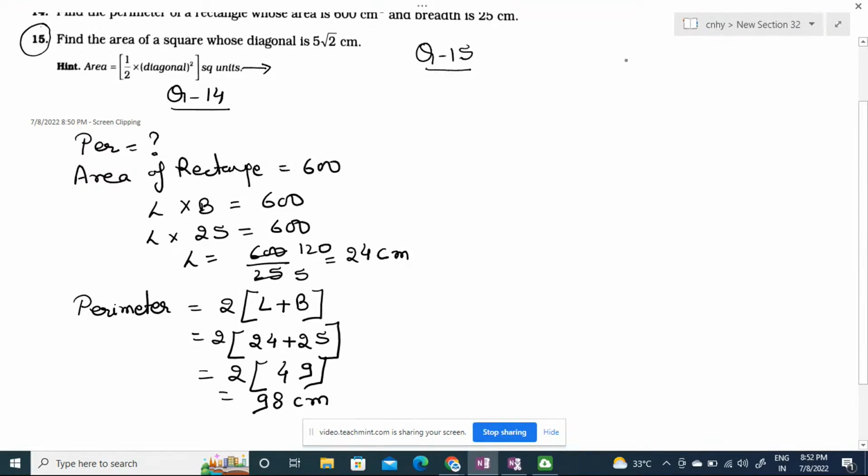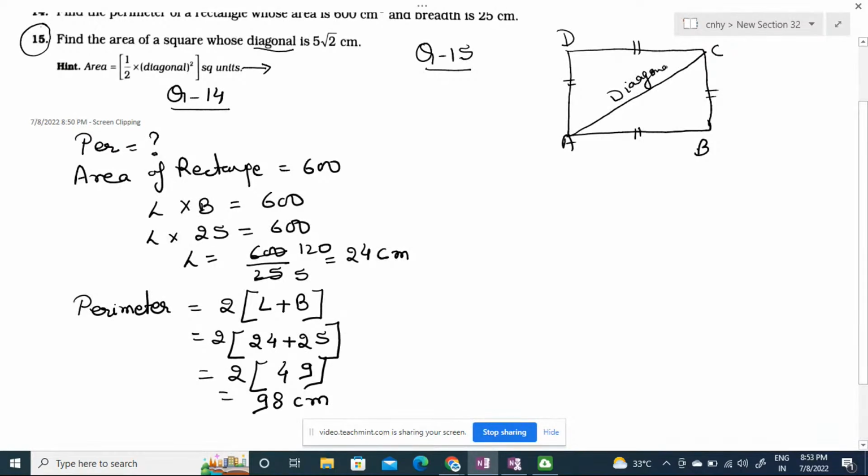Question number 15 has a new formula, which I haven't told you about. This is our square, and I'm going to tell you what the diagonal in the square is. For example, this is a square, and all the sides in the square are equal. We learned this in the coordinate class. When we join the opposite points, this line is termed as diagonal. If we want to find the length of the diagonal,